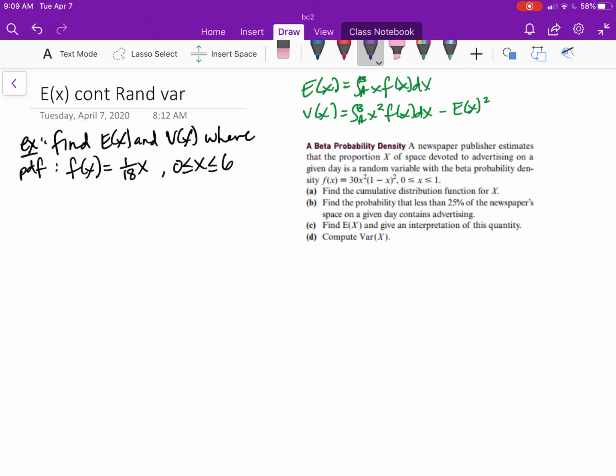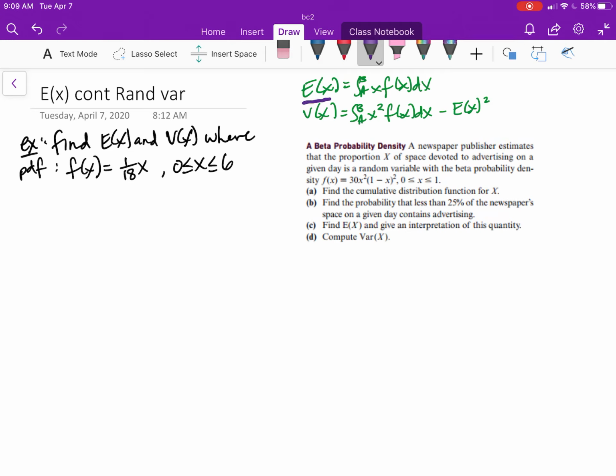In this video, we are going to continue with continuous random variables and look at expected value and the variance. Really quick, these are just formulas that are given. We're not going to look at where they came from or how they were derived, but there's the expected value formula